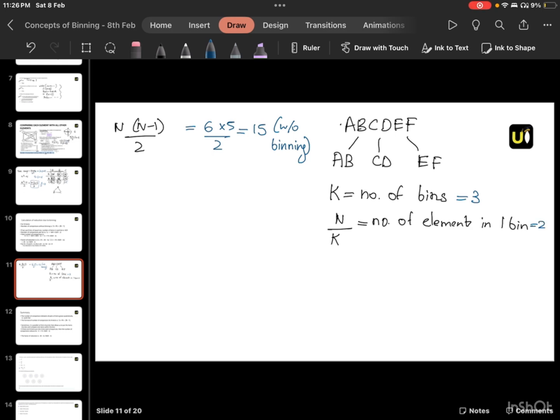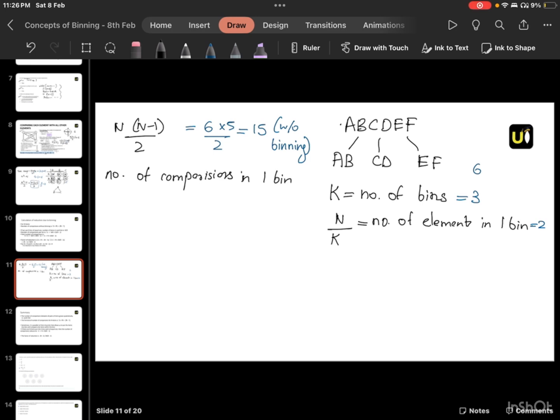So 6 elements by 3 is 2, and if we want to find the number of comparisons in one bin,